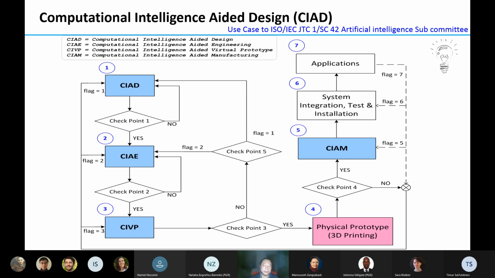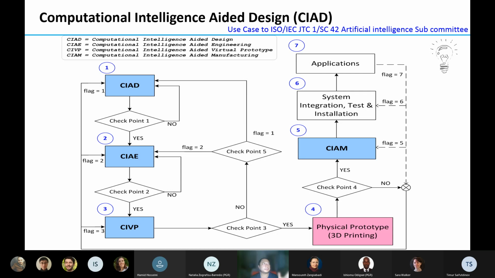CI means computational intelligence, so we have AI-driven CAD here. The first block is design, the second block is engineering analysis, and the third one is VP, virtual prototype. We build a virtual prototype and then move on to step number 4.